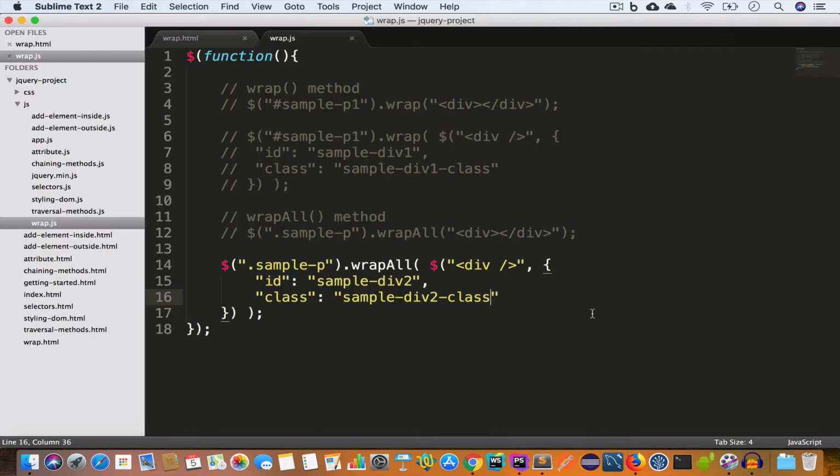So if we want to wrap multiple elements inside a new element, then we use the wrap_all method. And if we want to give the new element that is going to wrap the targeted elements some attributes, then we use this approach, where we create the element and then we pass an object which consists of some key value pairs,